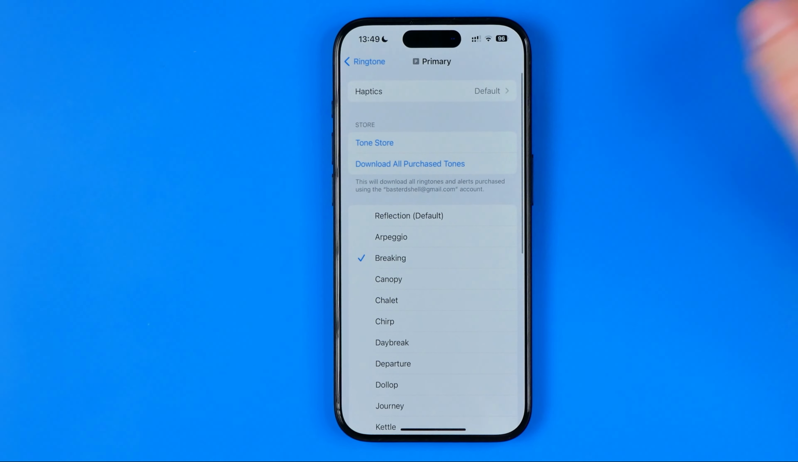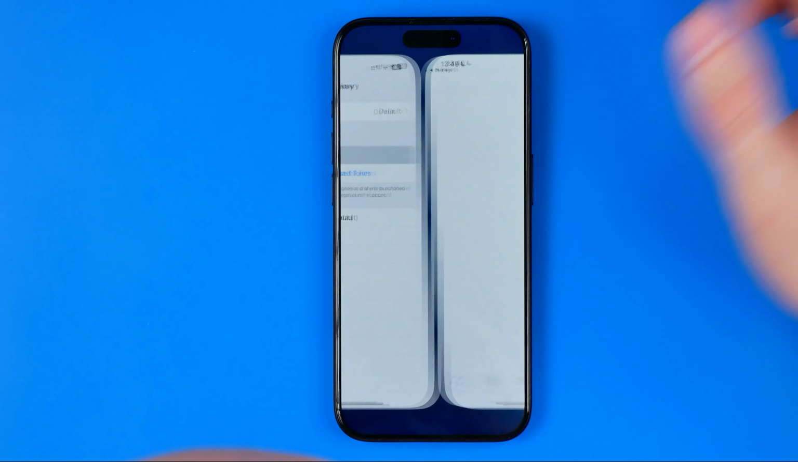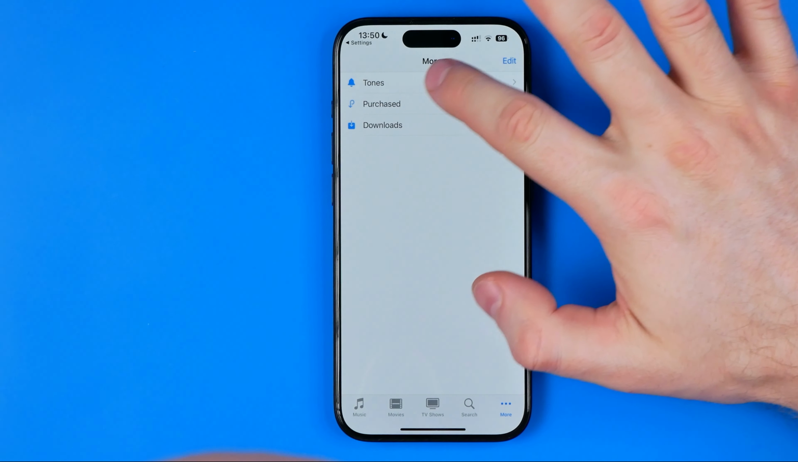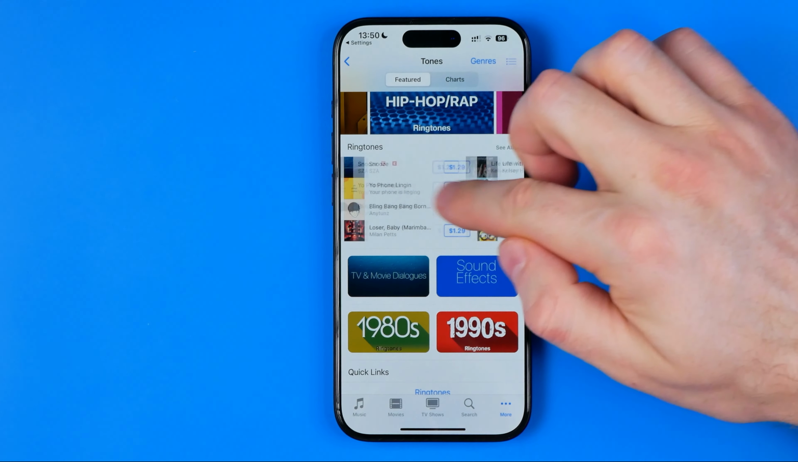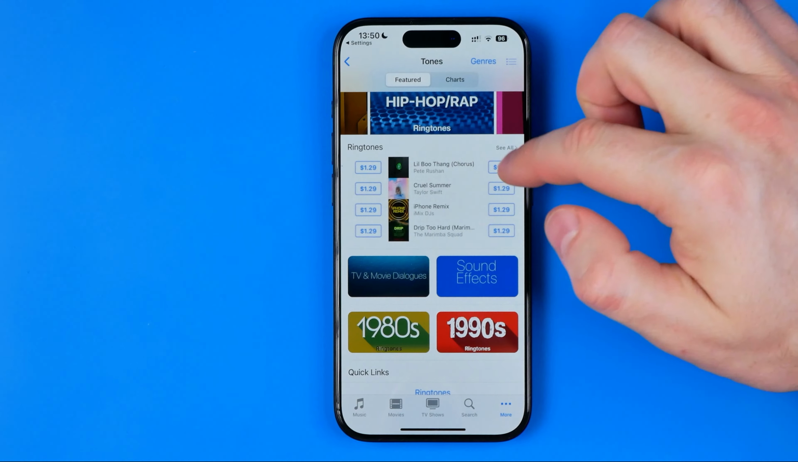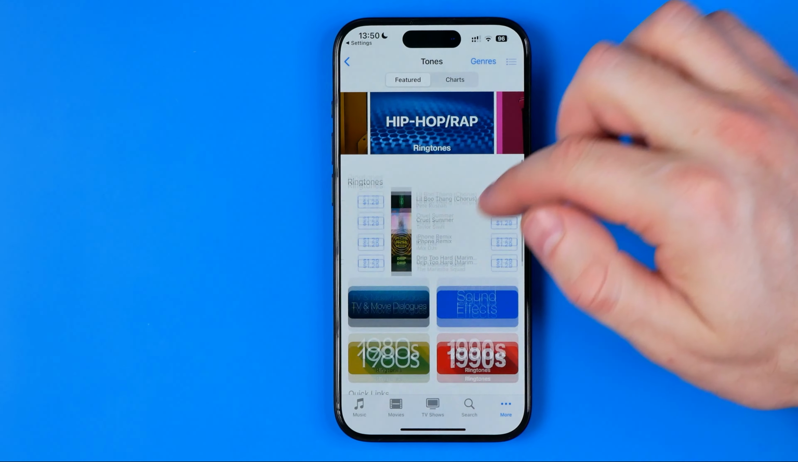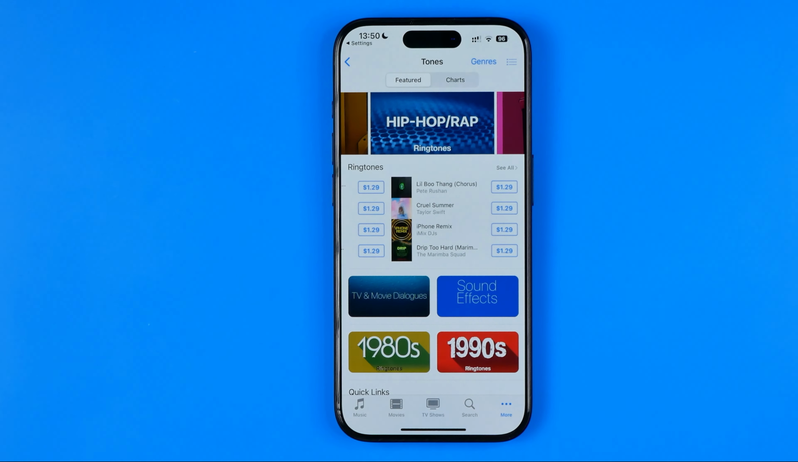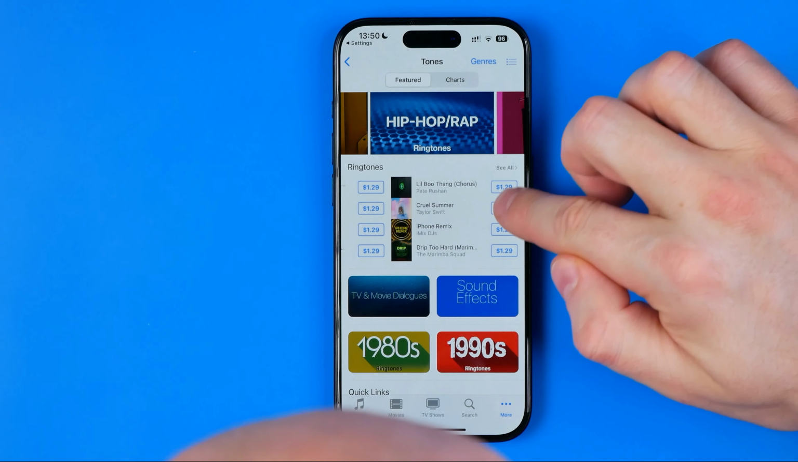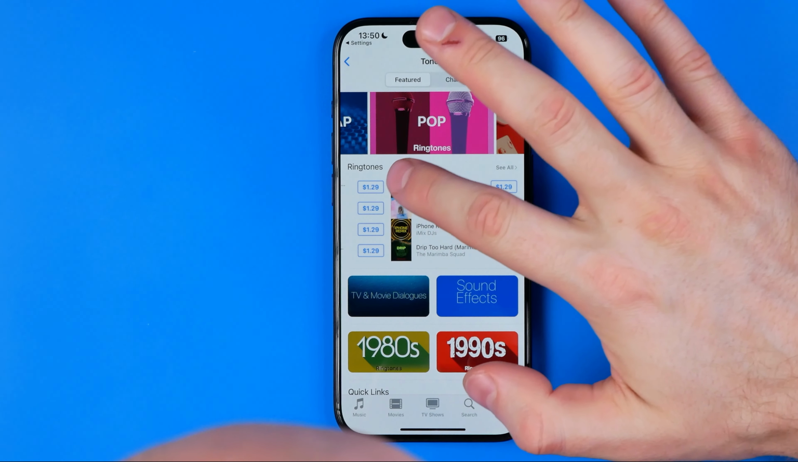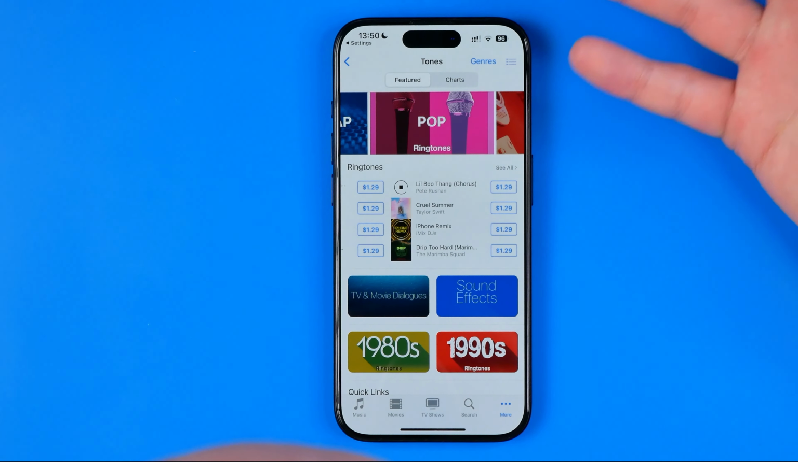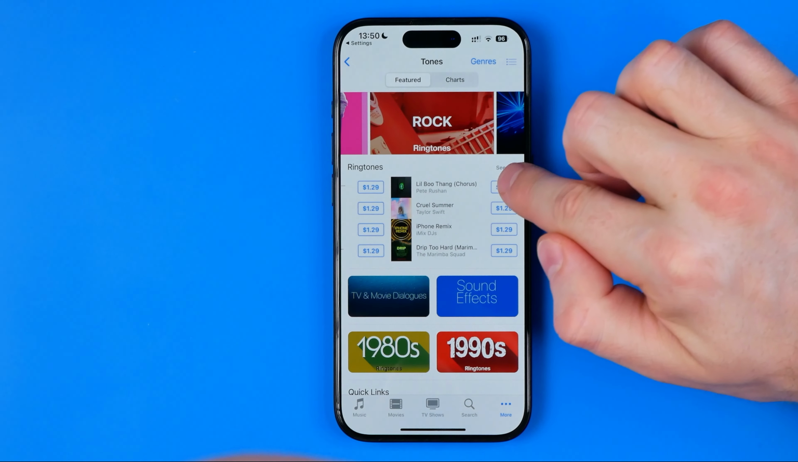And also, if we head over to the Tone Store, we'll be able to download any song from this huge audio library. We can buy it by tapping right here. So first off, if we tap on a song, we can listen to it. We can listen to that music, and then if we want to buy it, we can easily do so by tapping